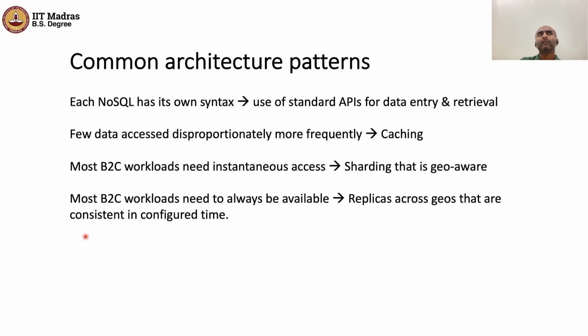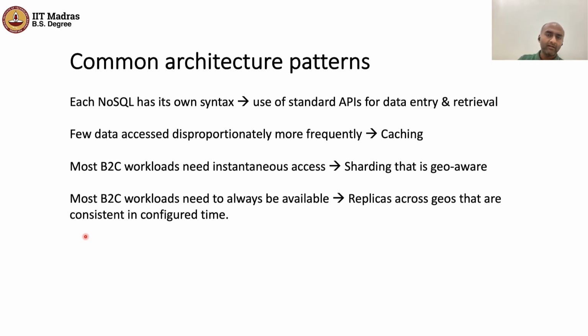Each NoSQL actually ends up having its own syntax. So even though you might have 2 or 3 NoSQLs to choose from to get your job done for your specific application, the NoSQL interfaces are wildly different, right? Each NoSQL has a completely different kind of syntax from the other, but your application need is the same, right? So the common architectural pattern is always think in terms of APIs. You define the APIs as part of your application. You say, what do I need to emit out? What do I need to receive back? And those standard APIs, in turn, implement the respective adapters for the NoSQL system that you end up using